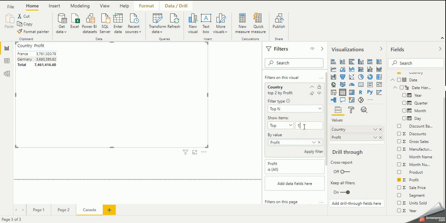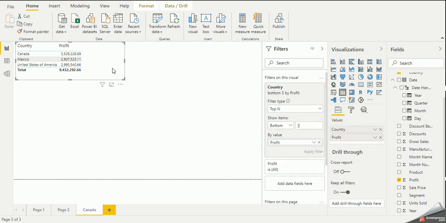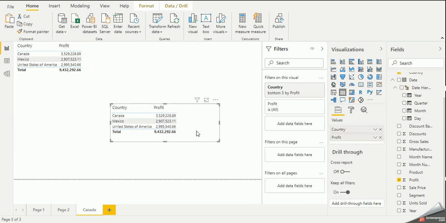If I put top 1, it will bring just one column, and if I say bottom 1 and apply the filter, then it will say Mexico. For top 3, we have 5 columns, so we can say Canada, Mexico and US. These are the top 3 as per the bottom as per the profit. So you put the units sold, the sale price, and you can see which item or which country has more profit, which top two countries or bottom two countries have more profit. So you can bring one visual for bottom and one for top.